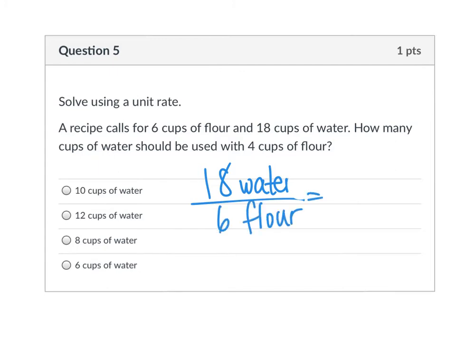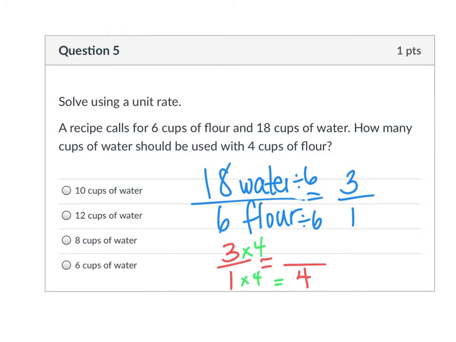So that means my unit rate, so I'm going to get per 1 by dividing by 6, is 3 cups of water per 1 cup of flour. So now that I have that, this time I'm going to use that to set up a proportion and solve for my unknown number. So I'm trying to solve for the 4 cups of flour. So now I'm going to think, okay, 1 times 4 equals 4. So to get my amount of water, I'm going to do 3 times 4, and that is 12 cups of